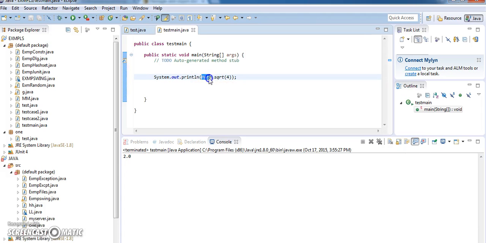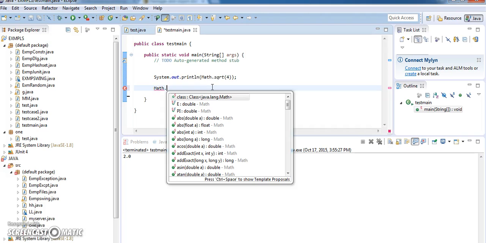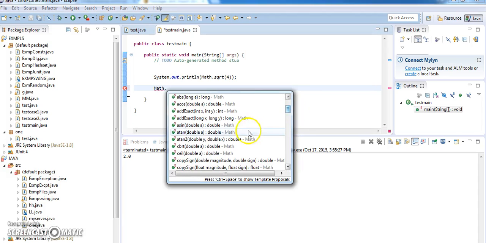So by default, you can use this Math class, which consists of a lot of methods, such as absolute value. If you want to find the sine value, cosine value, tangent, even the ceil, and you can find the square root, floor, and even the maximum, minimum, negative, exact. So a lot of methods are available in Math. Okay, so for example,